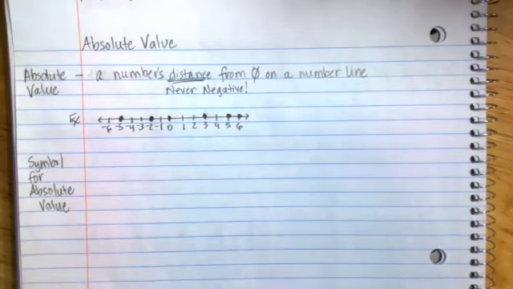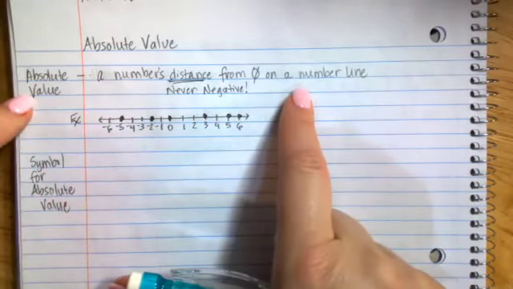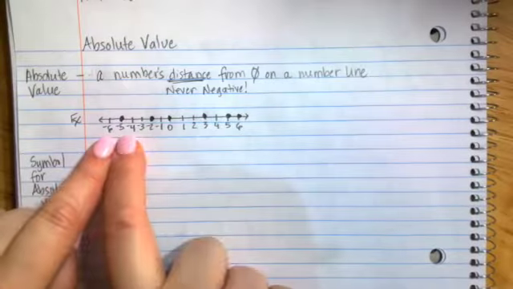If I walk to the store, and it's a mile and a half from my house, the distance is I went a mile and a half. When I come back to the house, I do another mile and a half. Even if I walk backwards the whole way, I'm still putting distance on my body. So for example, if a number's distance from zero is called absolute value, then we need to look at